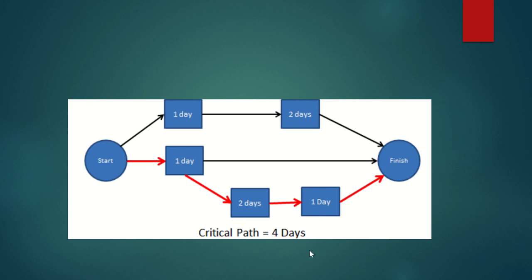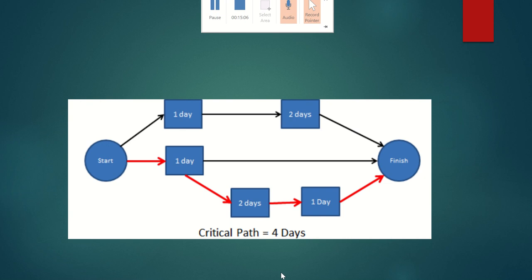Here the critical path is 4, but I don't want to touch it here. I will make you understand when we actually do a question, how we find a critical path. For the time being, I'm not telling you how we have calculated this critical path. Just skip this critical path thing here, and we'll discuss it in questions when we do some more practical questions.